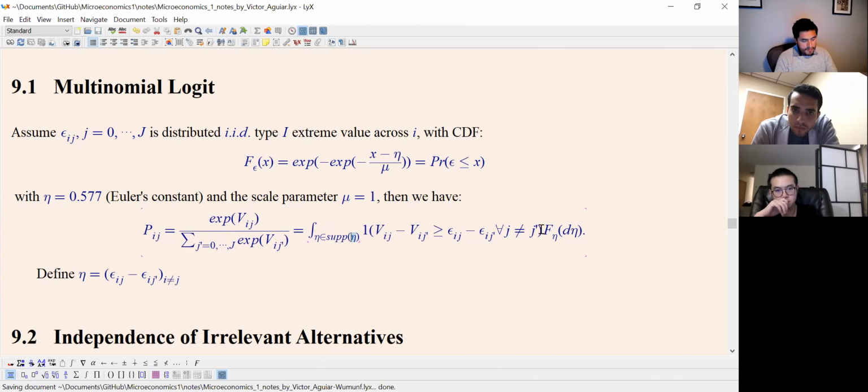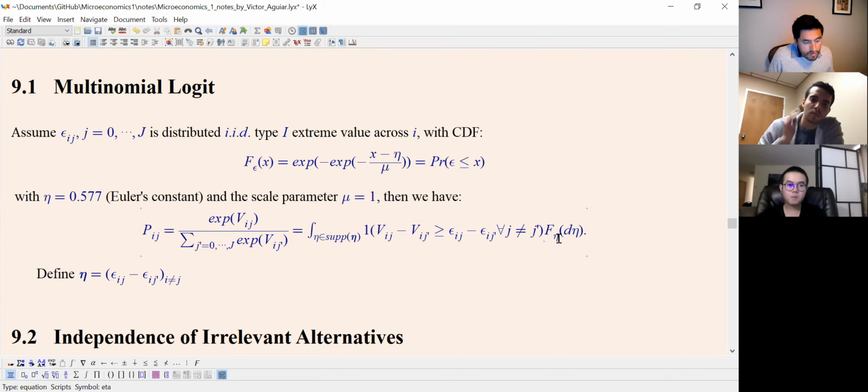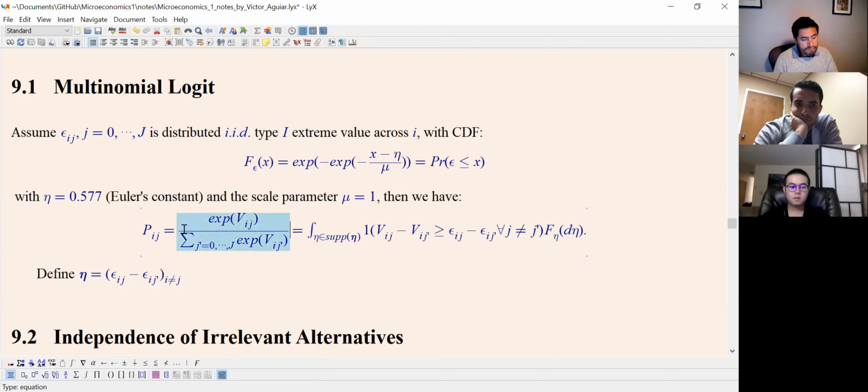Okay, so let me change this. So this is random, and the other is just the value. Okay. So this is basically telling me that I'm trying to see what is the integration according to this distribution f epsilon. Now the differences of this type 1 extreme value are going to be distributed with f eta, and now this is a vector, it's a joint distribution over them. I take this integral over that, and now I get this object here. Okay. So this is a problem for calculus 3, and then you obtain this thing that depends only on the